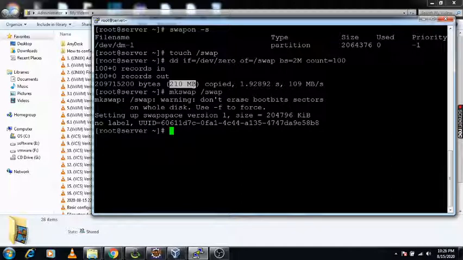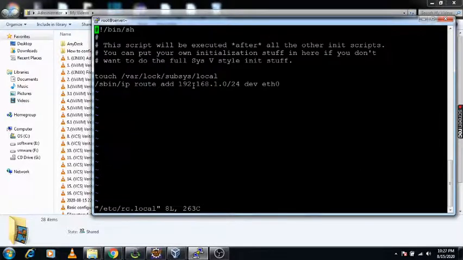Now I am making this entry, and first using swapon space /swap, I am going to turn on that swap using this command. Now I am making this entry under /etc/rc.local. We are making this entry permanent under this file.